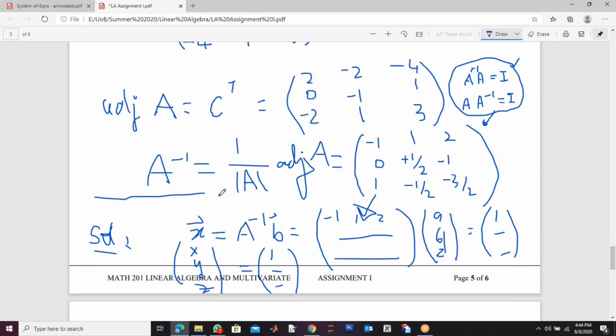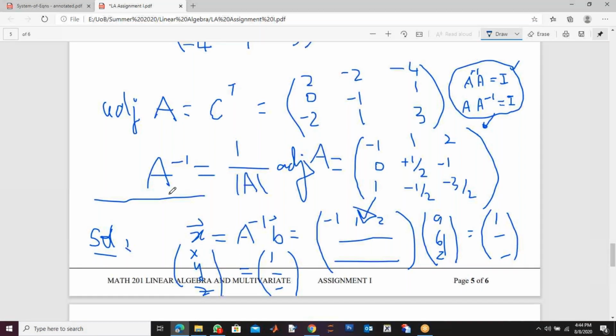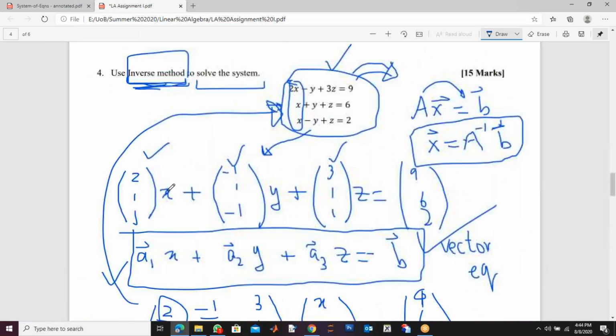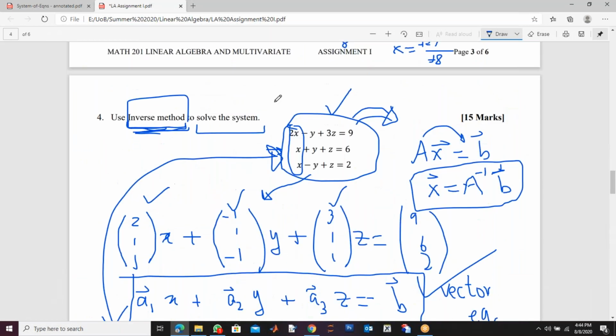I did not do the example in the lecture, but this is the example. So now you can redo this example. Do not just copy it. You have seen the solution, no problem. Now close this video and start from the beginning all over again. Just write the matrix equation on your own. Find the inverse on your own, because it will give you some practice, and multiply your A inverse with B and see whether you are getting the correct answer or not. If my answer is not correct, you can change it, no problem, okay?